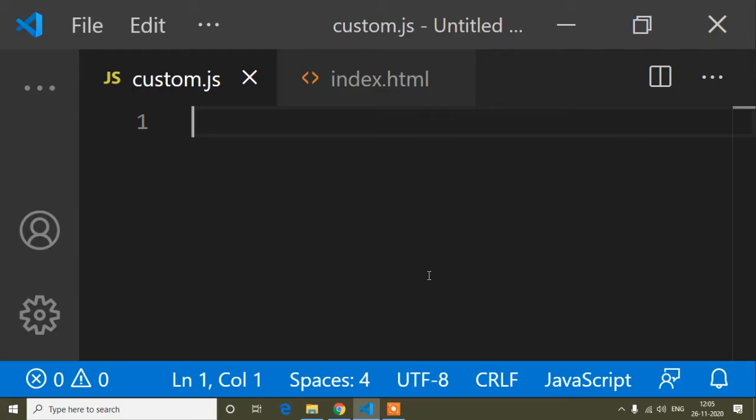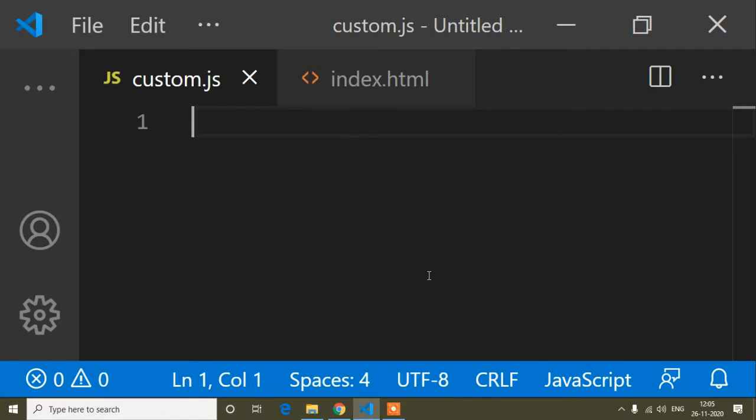Hello guys, today in this tutorial I will discuss how you can sort an array. The array sort method is very simple and very easy. Maybe you know how to sort an array, but here in this tutorial I will show you how you can sort number values, how to sort in ascending order and descending order, how to get the highest value from an array, and how to get the lowest value.